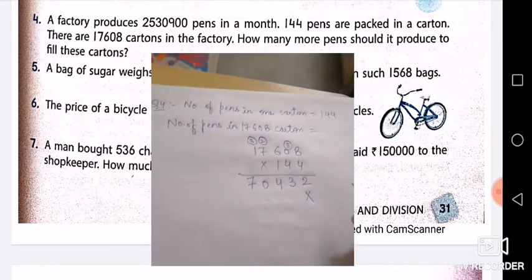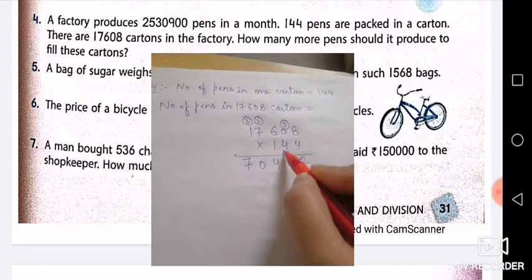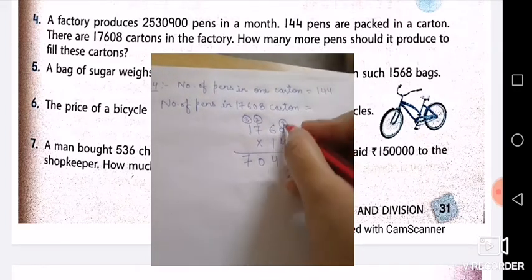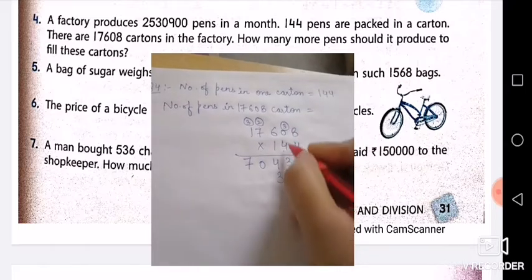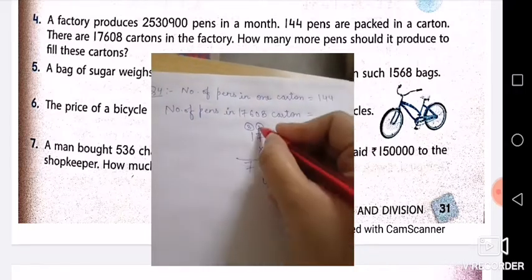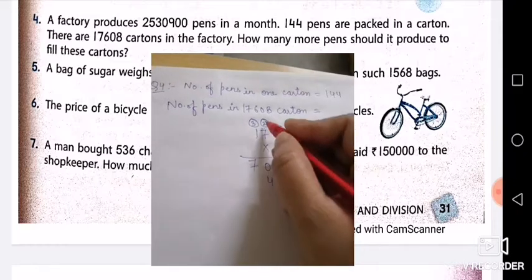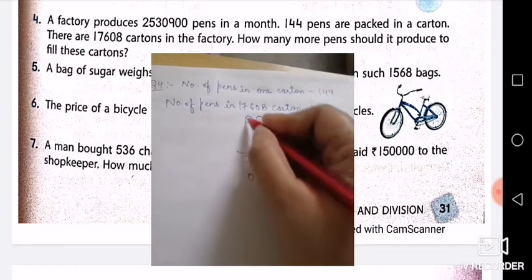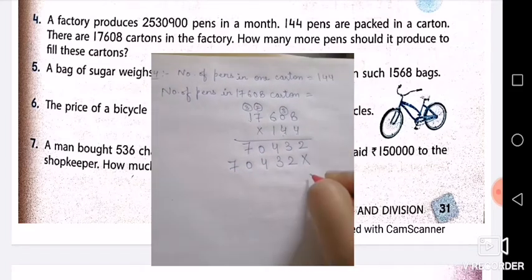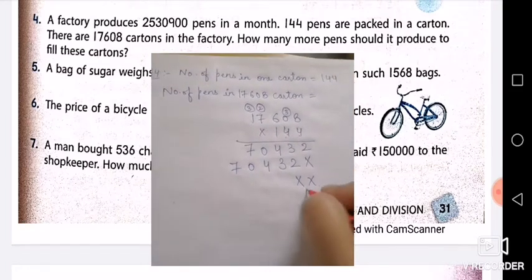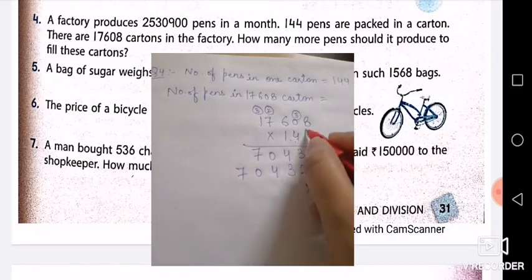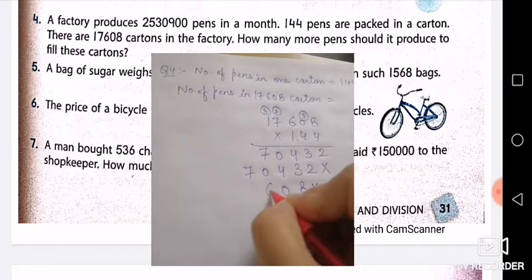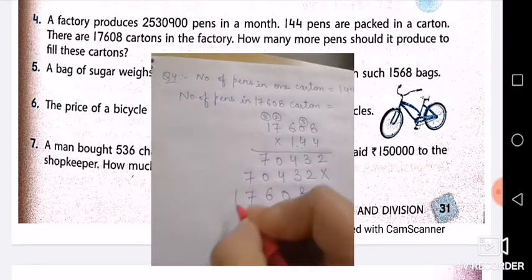Okay. Now put a cross here. Now come to the next number. 4 8s are 32 again, 3 will be carry. 4 6s are 24, 4 carry 2. 4 7s are 28, 29, 30, again 0, then 3 will be here. 4 1s are 4, 5, 6, 7. Now one more number is there, so we'll put 2 crosses. Then 1 8 is 8, 1 zero is 0, 1 6 is 6, 1 7 is 7, 1 1 is 1.